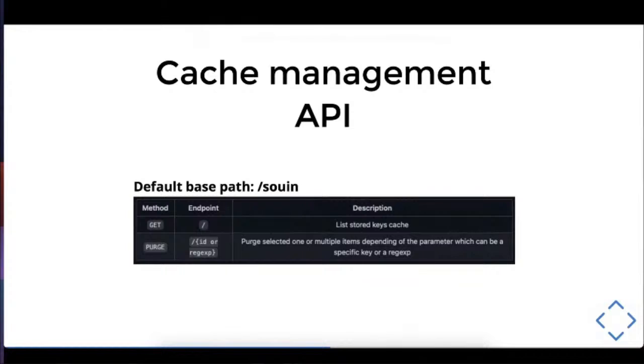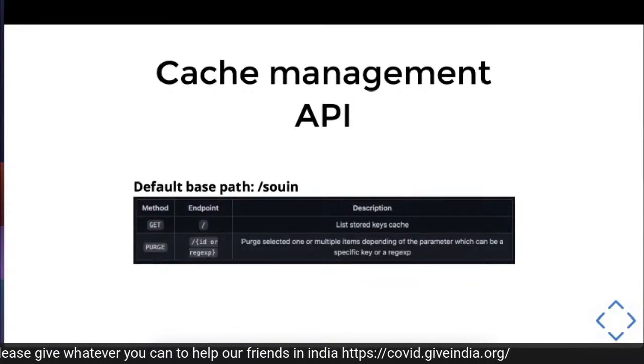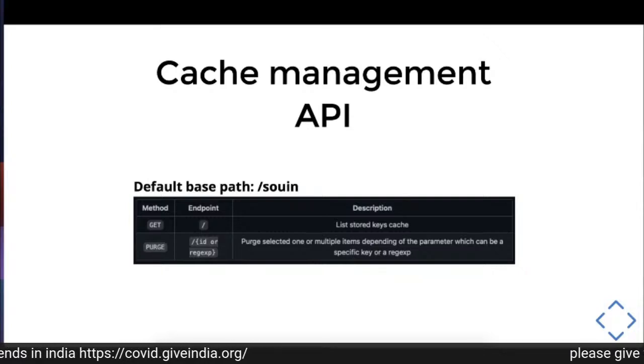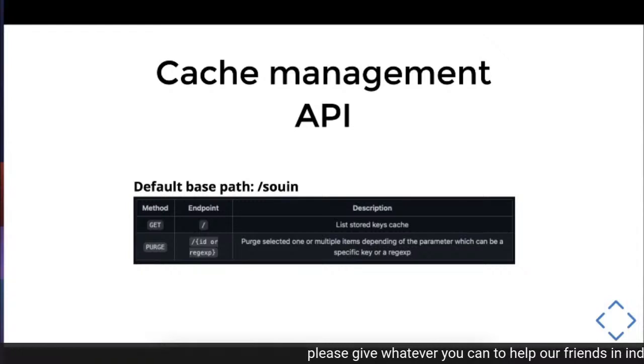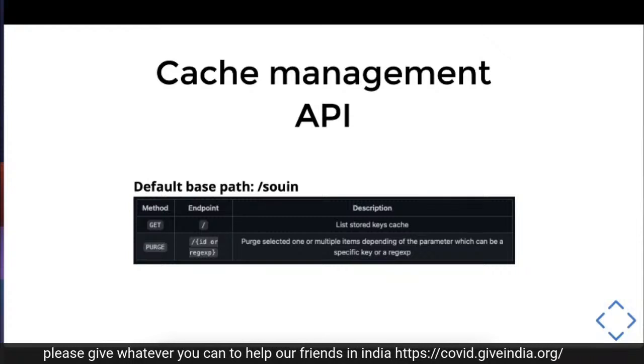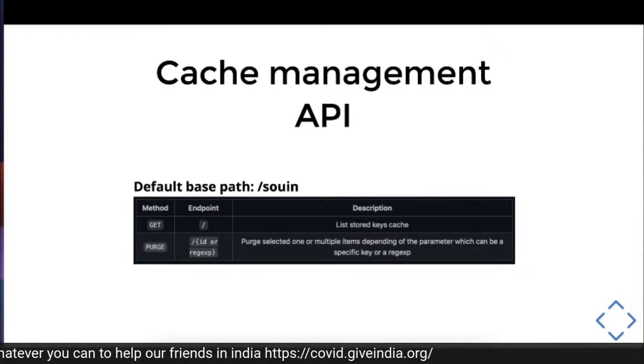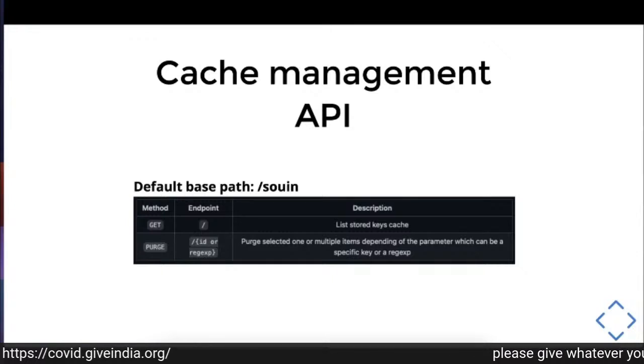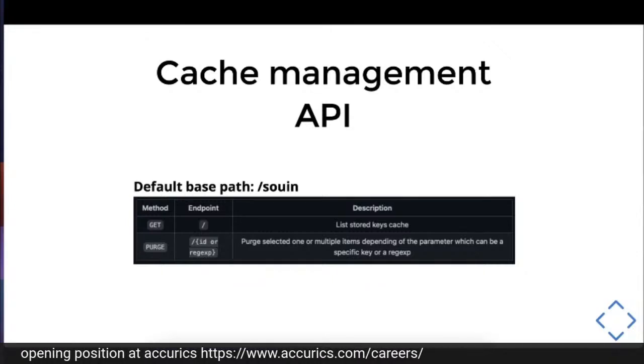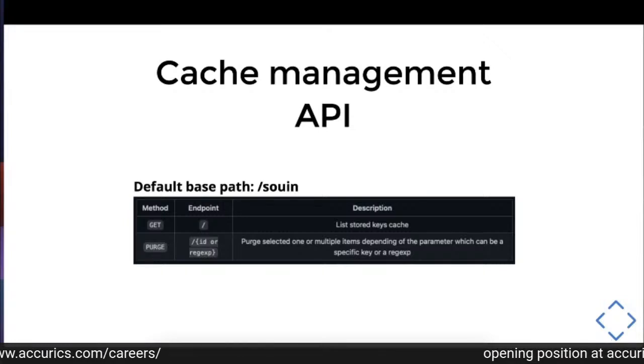For the Swan API, you're able to list the stored keys in the cache, and you can purge the cache using an ID, so the cache key directly, or regex, or you can purge using the tag, the Surrogate-Key tag, like Varnish, since 1.5.